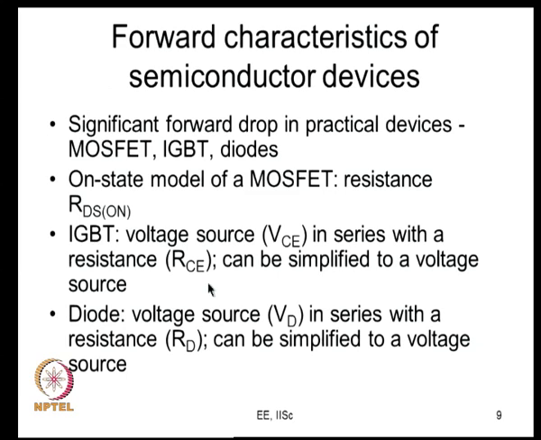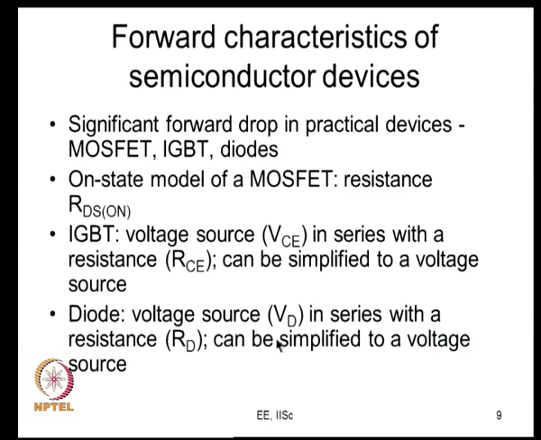So, this can be a model for your IGBT, but this can be simplified. For the sake of simplicity, you can simply consider it to be a voltage source, something like VCE SAT, you can just call it, and you can consider it like this. Similarly, for the diode, when the diode is conducting, there is a drop, you would say 0.7